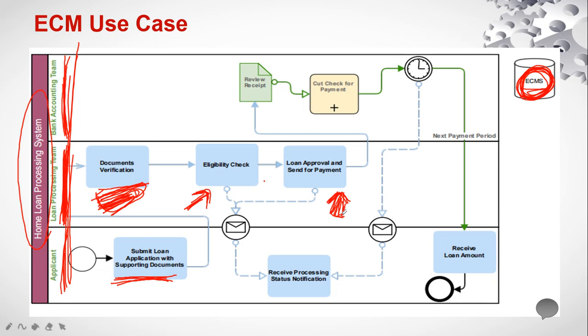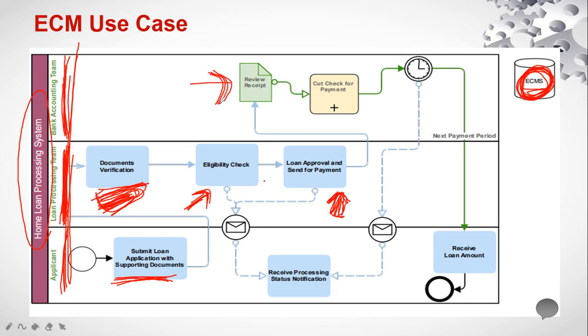Once it's approved, and I am just talking about the happy flow, the positive scenario, where your application got approved, in this page some payment receipt will be generated, and that receipt will be sent to the other team, like the accounting team. So you can see that there is one arrow to this